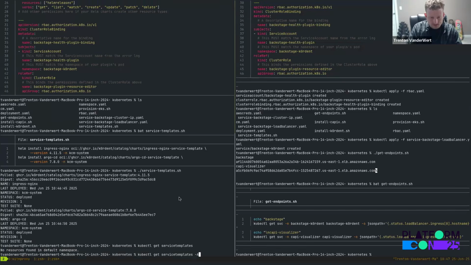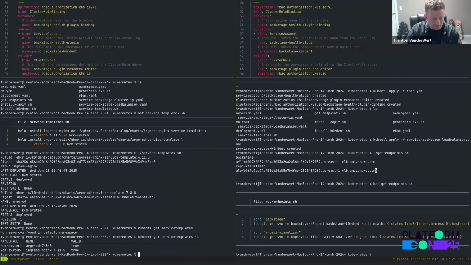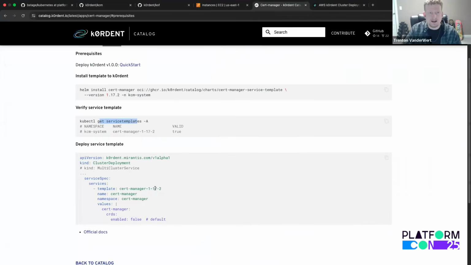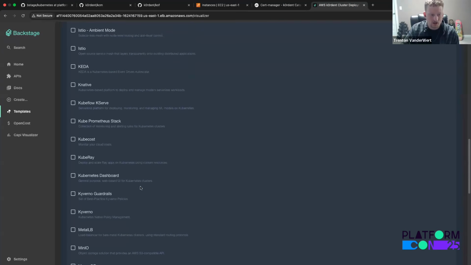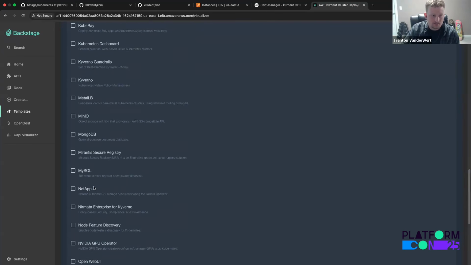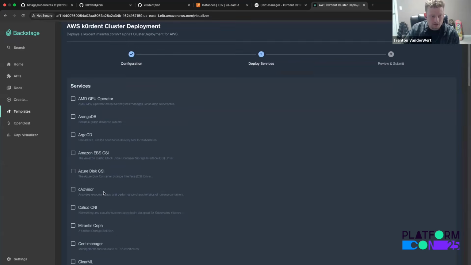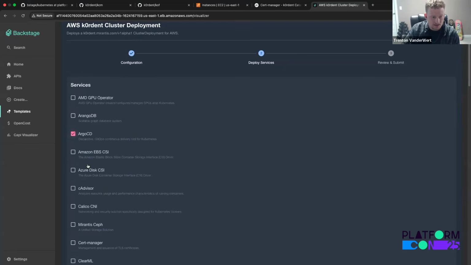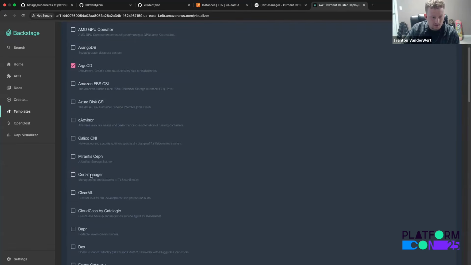Yeah, and we need a namespace. VCM system, yeah. So this will create them, and you can see that these now are valid and they're able to be consumed. Actually, truthfully, the UI is kind of lying to me here. The only things I can actually install at the moment are these two applications, Argo CD and